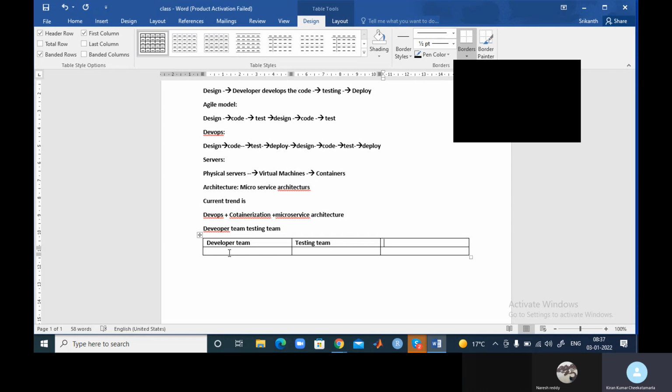And now the client, Amazon, is coming up with a new offer, say a Christmas offer. He is giving 20% off on all the products. So now he is giving that requirement. He is asking us to implement it, and it should be reflected in the application. So earlier, if I take the waterfall model, whenever the client says so, the developer has to write the code